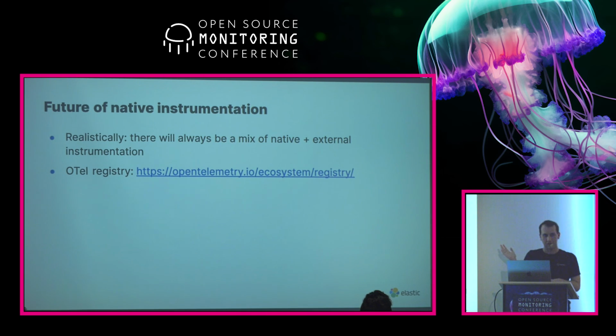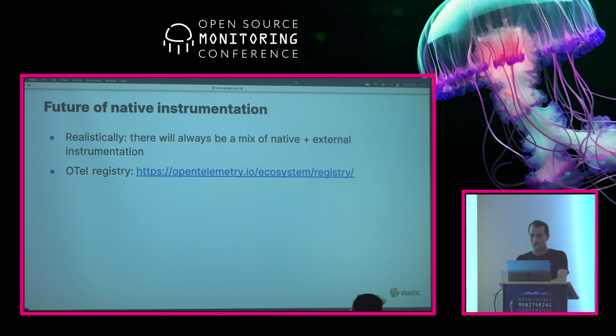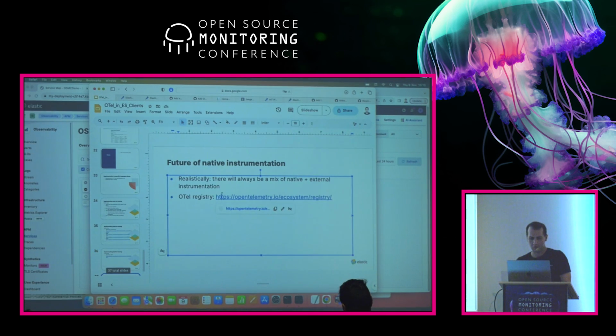So what's the future here? Because the picture I painted here is this perfect world where everything has built-in instrumentation. You don't even need APM agents, and then you just magically have this data out of the box. Obviously, that will never happen. So what we will have realistically is a mixed world. So we would still have agents which do instrumentation from the outside, plus we will have libraries which have this built-in instrumentation. One last resource is the OpenTelemetry registry, which shows you, so you can basically check different libraries